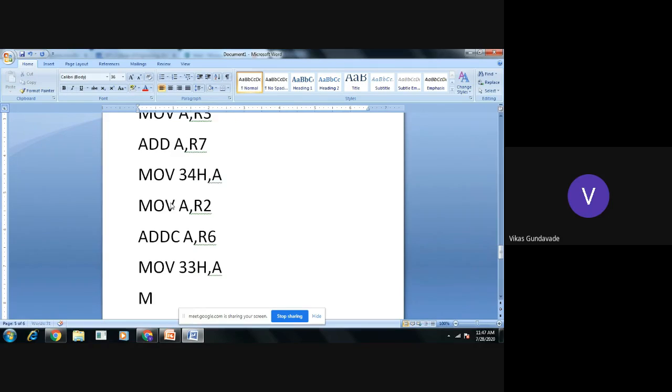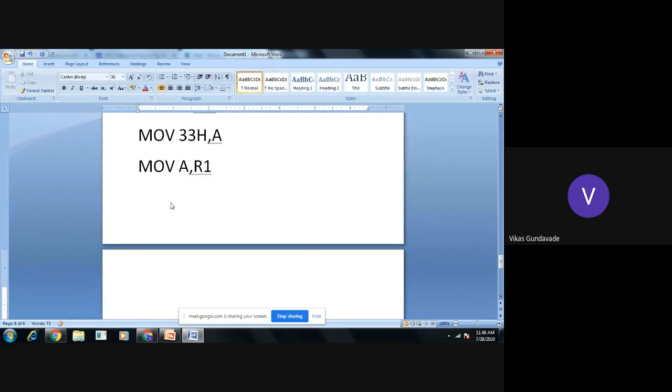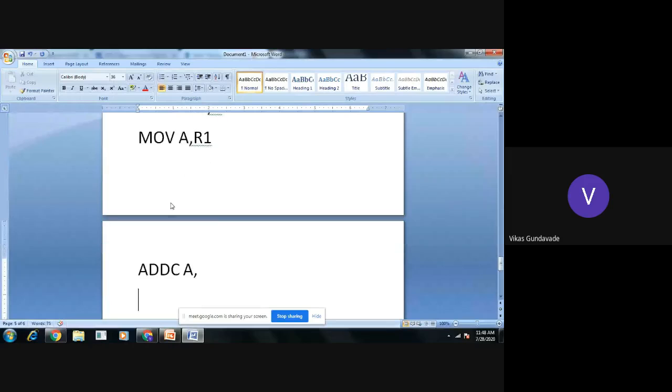After that we will take the next number, MOV A, R1. I think R3 we have taken, R2 we have taken, now R1. Then we will add with carry the accumulator with R5.